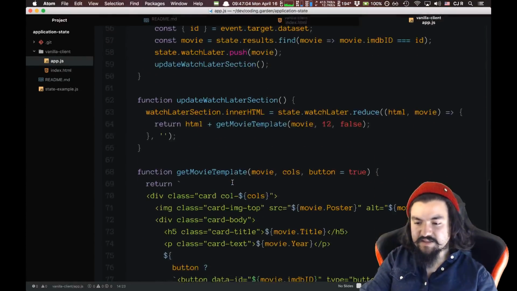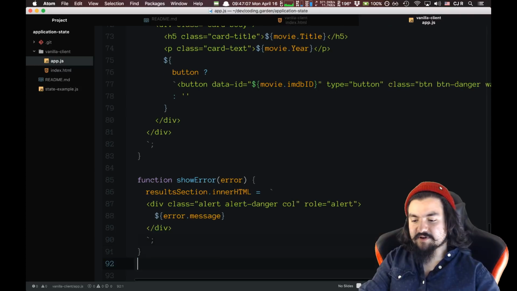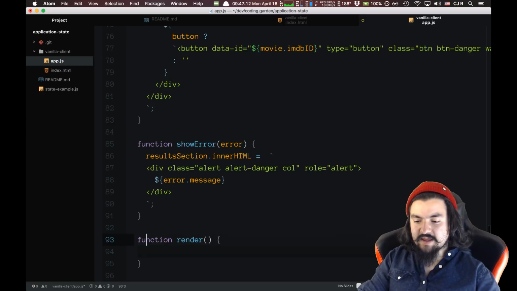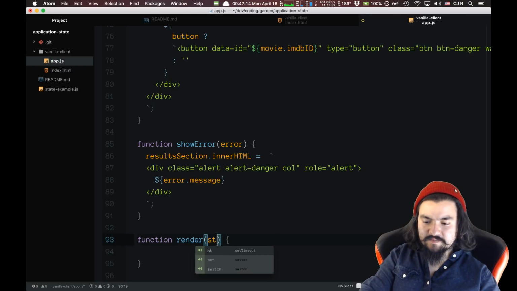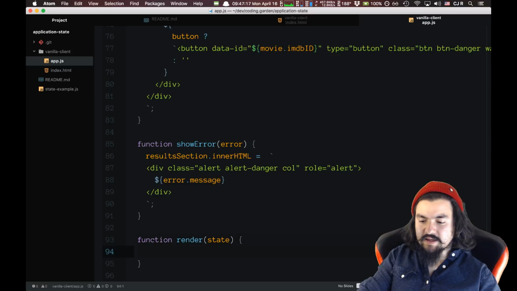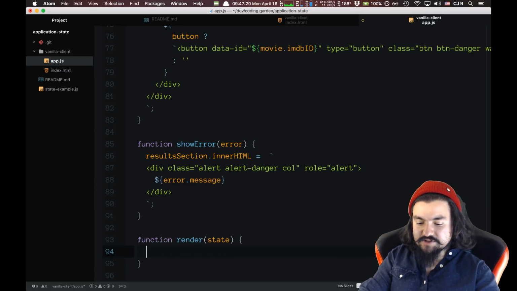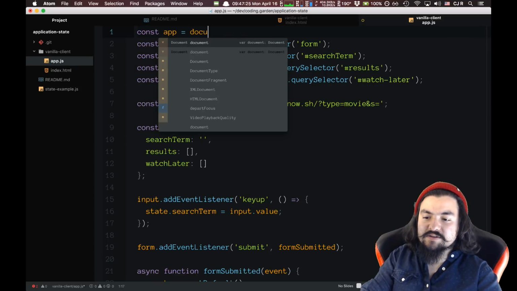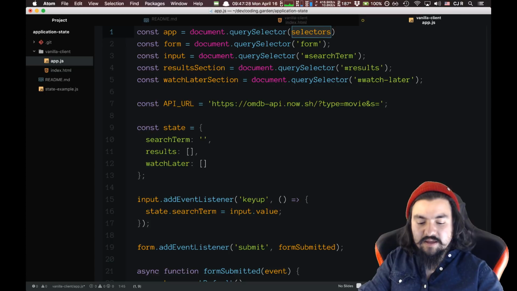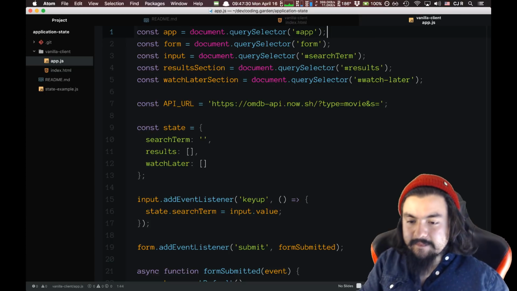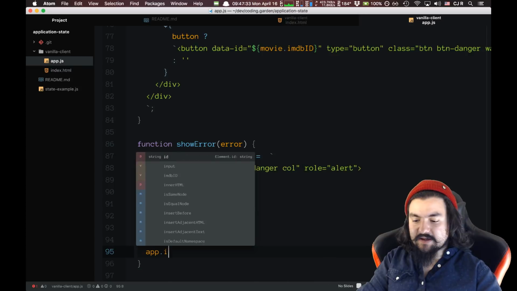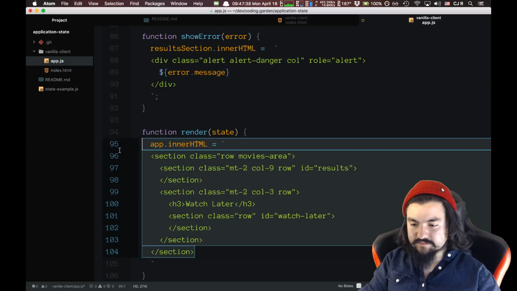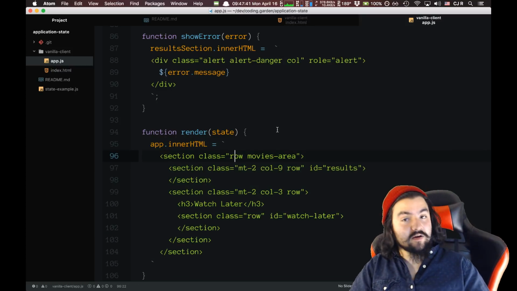So let's do this. All the way at the bottom, let's create a function called render. And let's say it takes in the state. And we are just going to store the app in a variable. So this is document.querySelector, the thing that has the ID app. And then we'll say app.innerHTML equals all of this. But now we can use